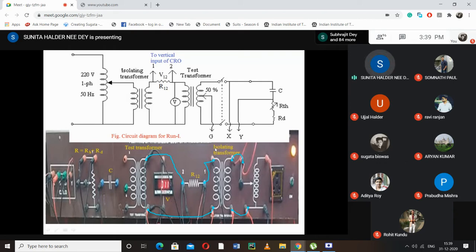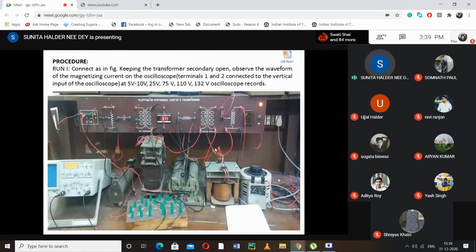To measure the voltage, we need a voltmeter, so we must connect this one. Have you understood the circuit? Yes, ma'am. So if you had done this experiment in the lab, you would do exactly this, only instead of these blue lines, you use wire to connect. It is exactly the same. So this is the connection, and the lower side is this one.